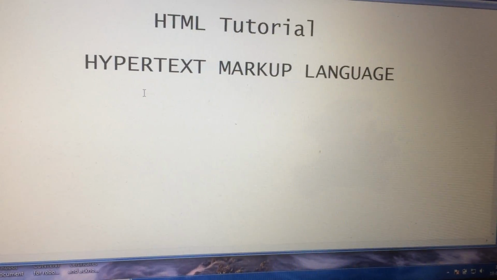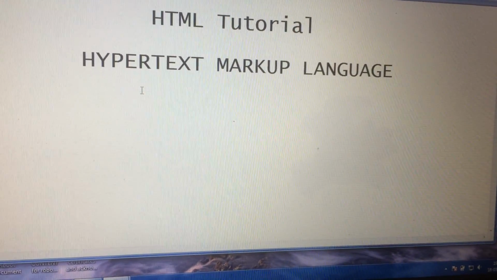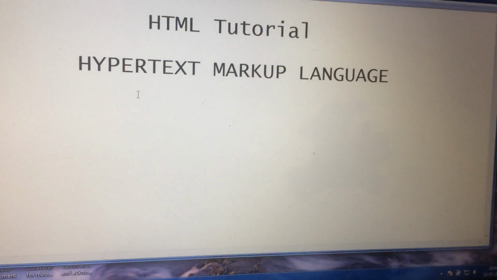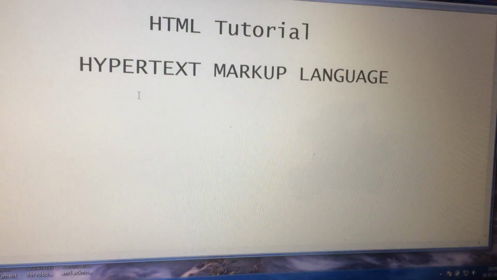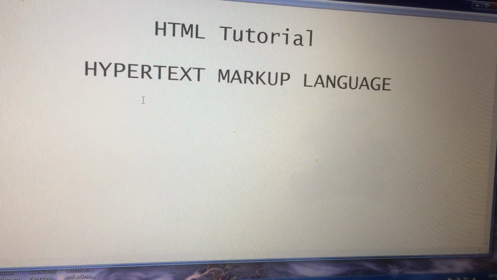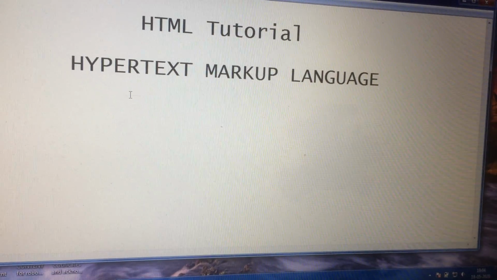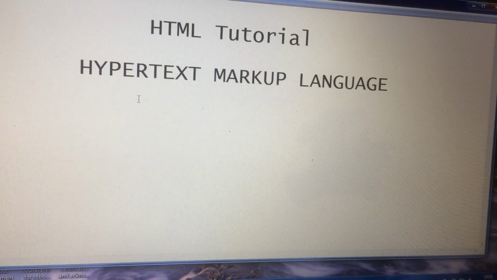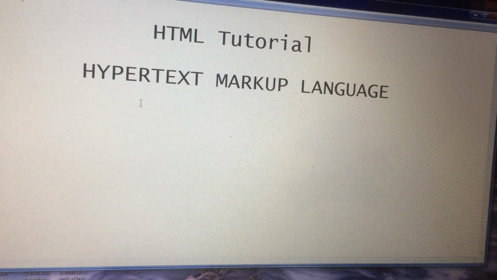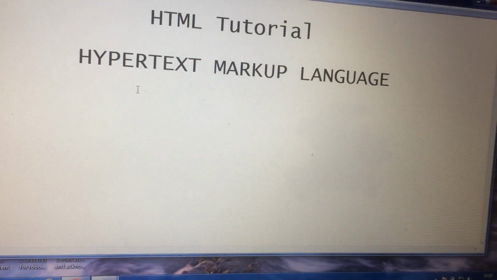So that is hypertext. Now, what is markup language? It is a computer language that is used to apply layout and formatting conventions to a text document. It means it makes text more interactive and dynamic. It can also turn text into images, tables, and links. After learning this HTML, with CSS and JavaScript, we will be able to create our own interactive and dynamic websites. But now we will focus on HTML.